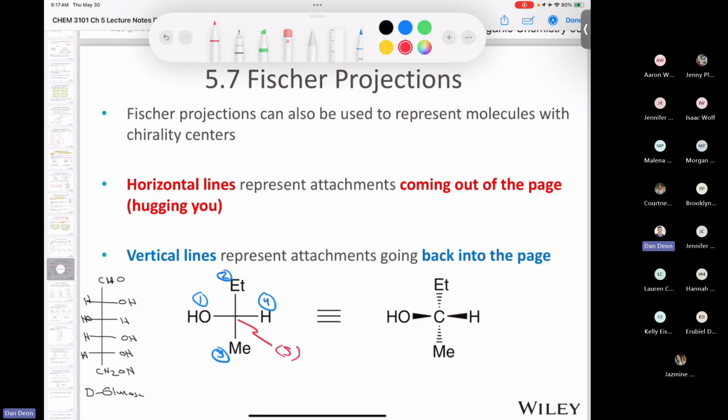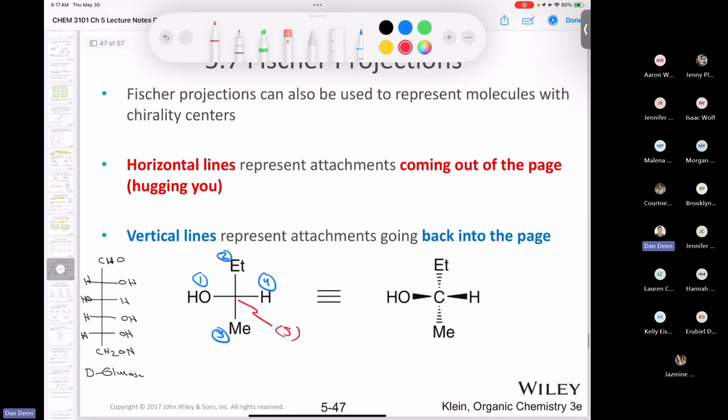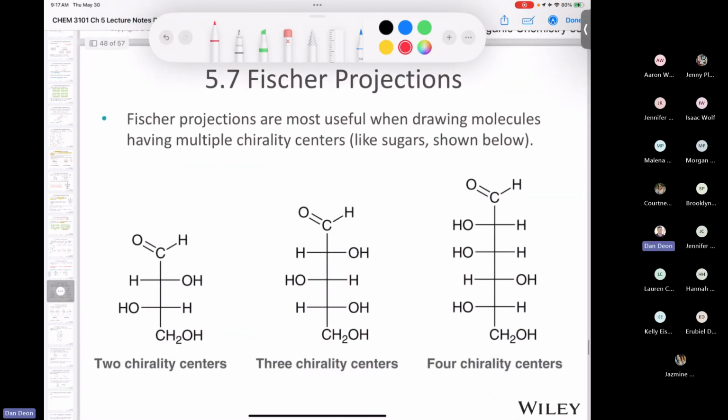So again, usually the hydrogen is going to be in the horizontal position. It is most of the time, not always, but most of the time it is. And so why were Fisher projections developed? Well, I think I told you this before. They were developed by a guy named Emil Fischer when he was categorizing and characterizing all these different sugars. And he said, well, they have so many stereocenters, and he needed a simple way to keep track of all